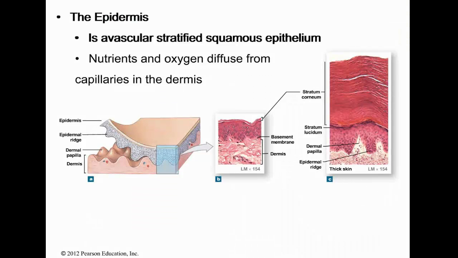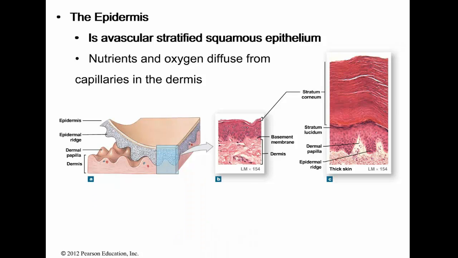So we're going to look at the epidermis. It's avascular, which means it doesn't have a blood supply. It's made of stratified squamous epithelium. And you can see here we've got a diagram, and that little blue box is then magnified 145 times, and